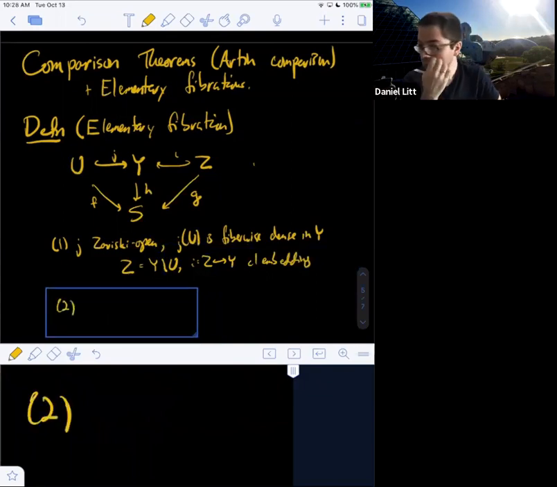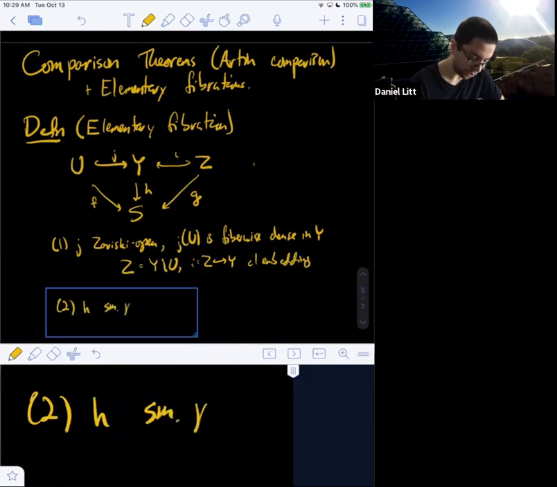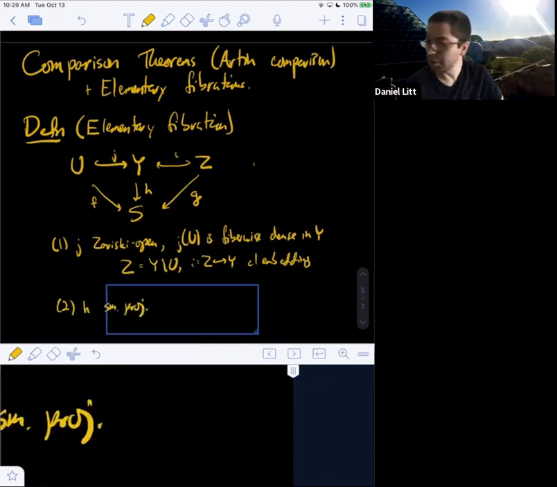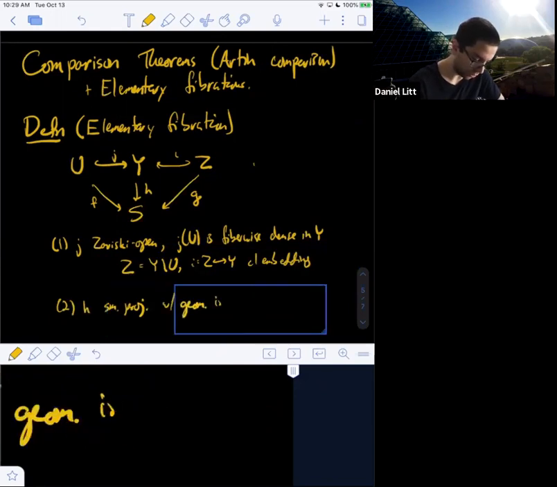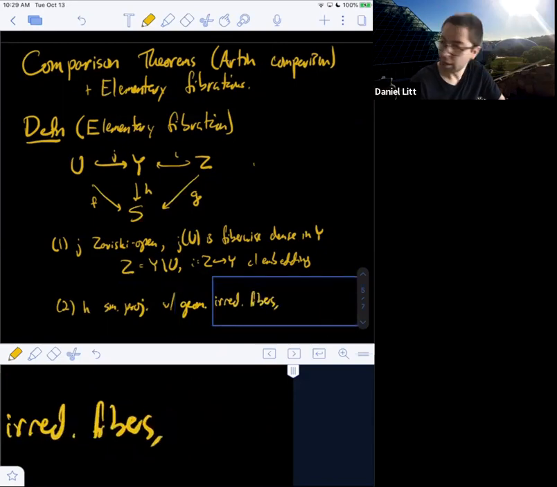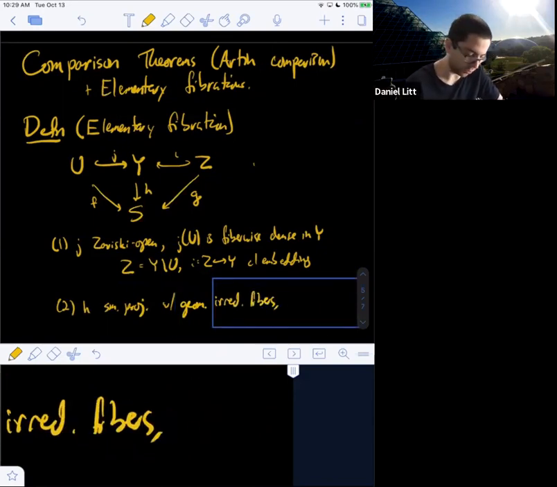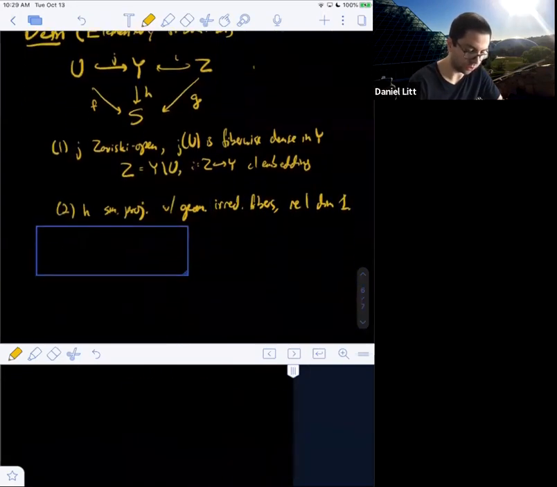Two is that H is smooth and projective with geometrically connected fibers, so geometrically irreducible fibers, and it has relative dimension 1. So H is a smooth projective curve.